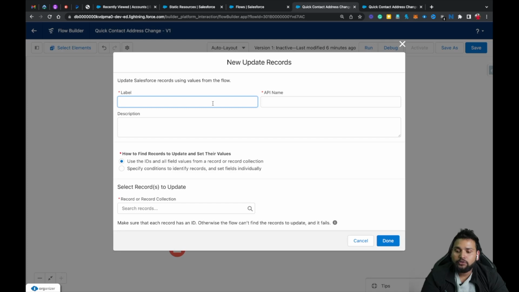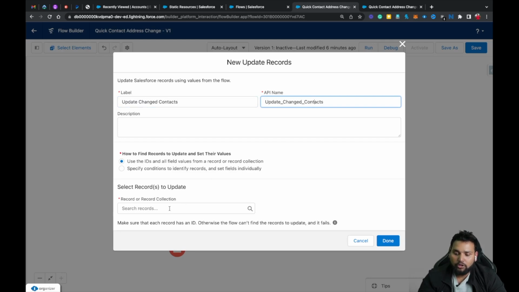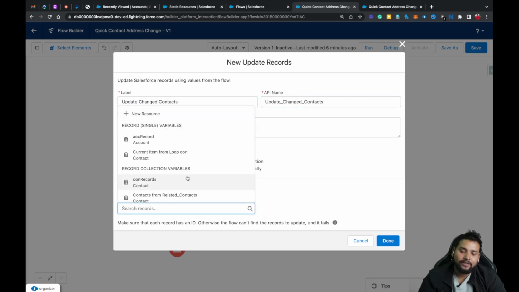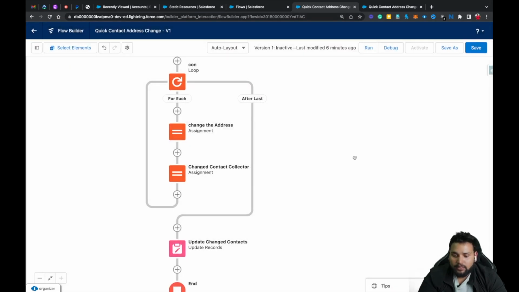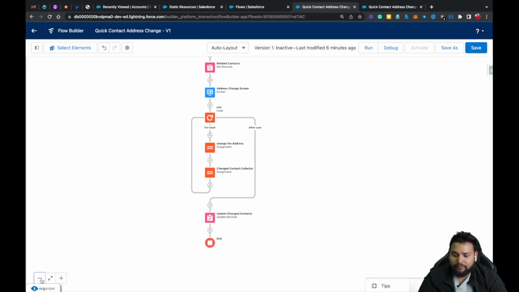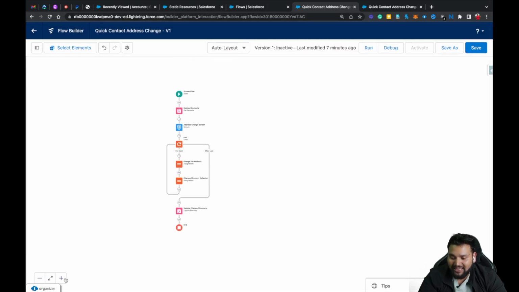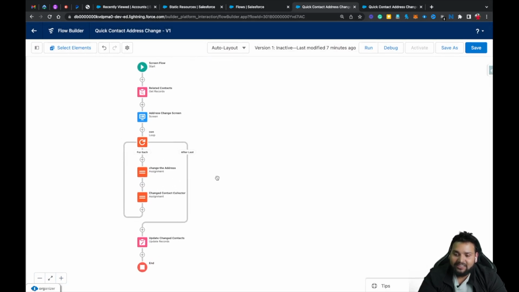So what I'm going to do here, type update change contact, or let's say contacts, API name will be automatically populated, and the record collection I need to select con records, because this is the variable that is storing the changed values, right? Here I am going to click on done, and that's how our flow looks if I minimize the screen, right? Now I am going to save our flow,